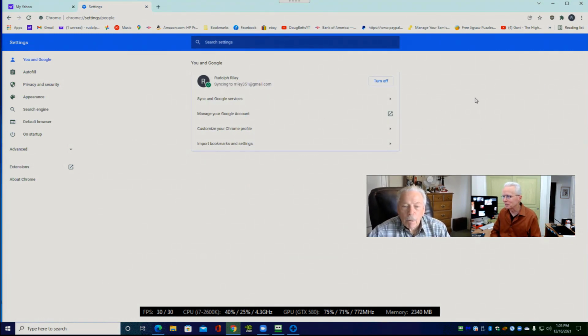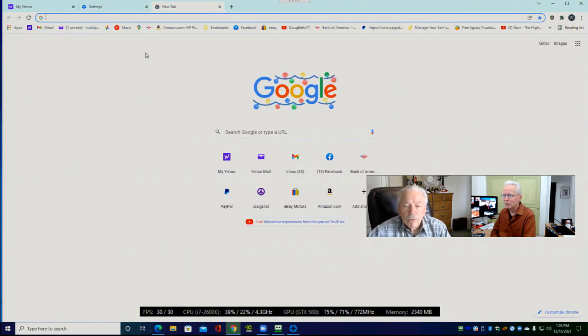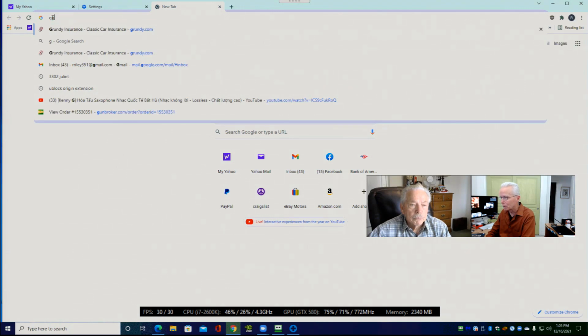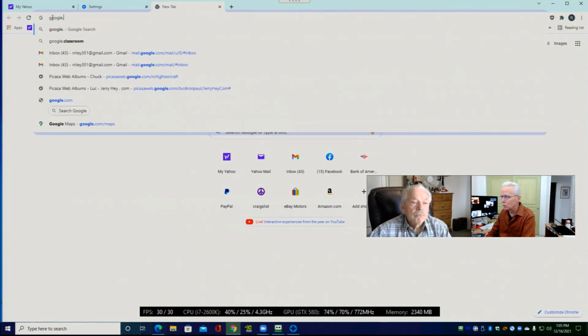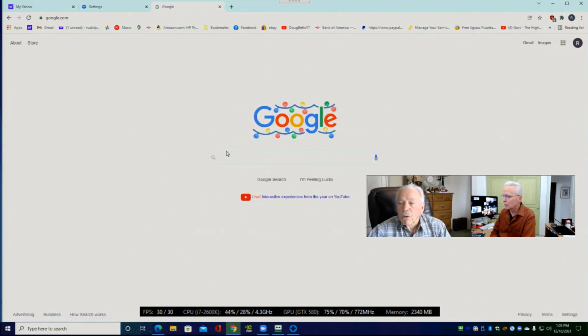It felt so silly to go to a Google search and search for the answer to that. Turns out it is very simple. But if you try to find it over here where I've been looking, you're not going to find it there. What you want to do is go to a Google page. Chuck's computer is configured so that when it goes to a new tab, it automatically goes to basically google.com, even though there's no address showing up here. I'm going to actually type google.com and press enter to show we get basically the same thing.